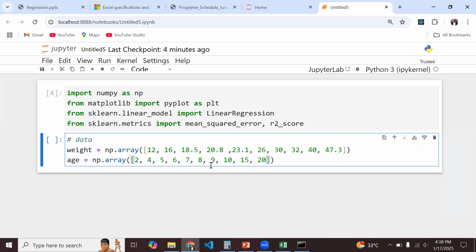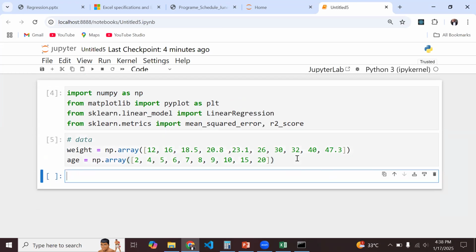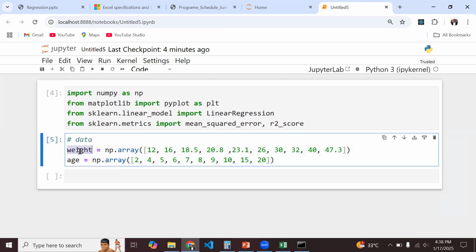Okay, so we have our data, and then what I want to do is let's have a preview of the